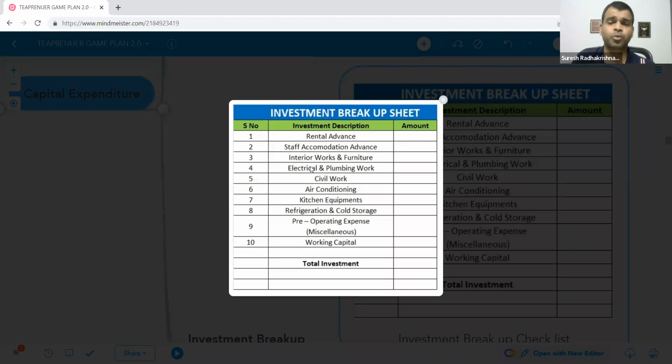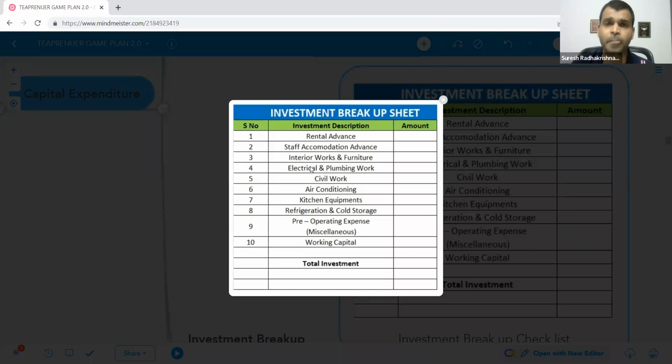Civil work. Just put some extra miscellaneous thing into the civil work, but kindly avoid location that has got a lot of civil work. Civil work meaning, let's say the tiles have to be changed, if plumbing, water has to be arranged, if the complete painting has to be done. These are all civil work at the building. Air conditioning, if you're looking for a QSR outlet, then air conditioning. If you're planning for 2 ton AC, get the quote for a 2 ton AC and then put it.